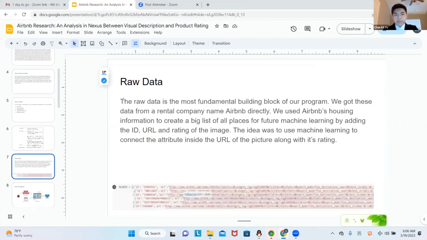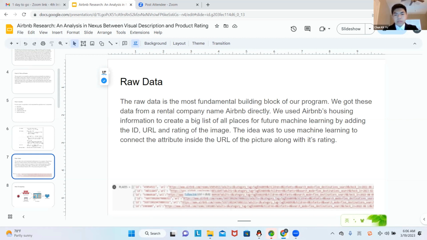And more specifically, the raw data is the most fundamental building block of our program. We got this data from a rental company called Airbnb directly. We use Airbnb housing information to create a big list of all places for future machine learning by adding the ID, URL, and rating of the image.